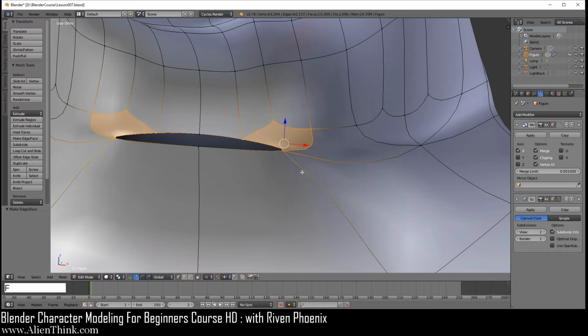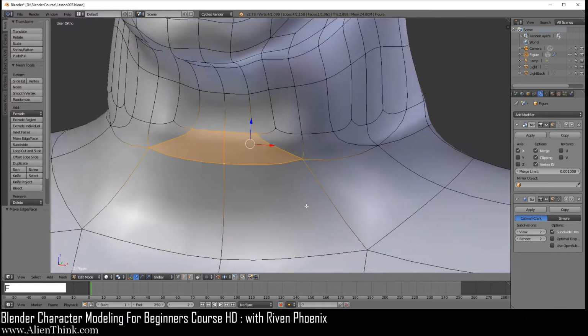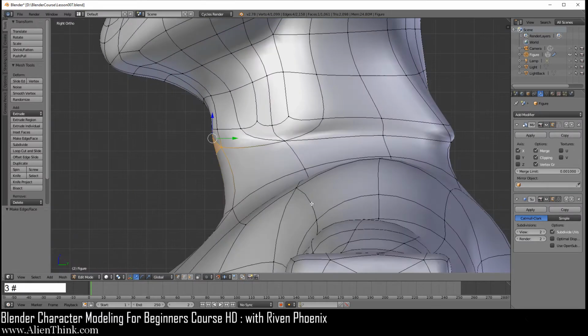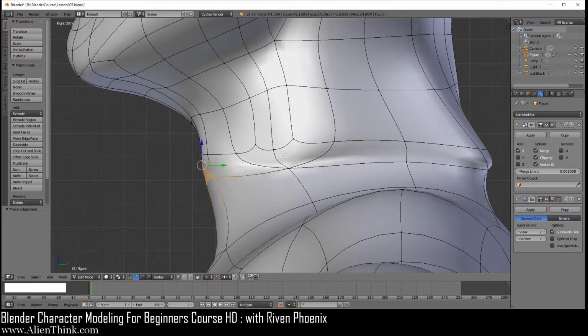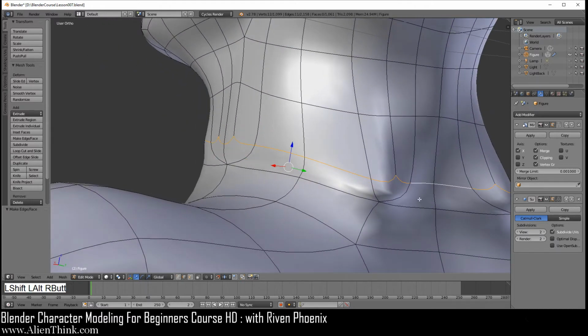These 4 guys over here, do F, and then finally 1, 2, 3, 4, and F. Okay, and just go to your right view over here. So what we want to do is go ahead and click on the edges over here, and then right click this edge, do Alt, and go ahead and click on this, Shift key down, right click this one, and just do your middle mouse button to rotate and get this one.